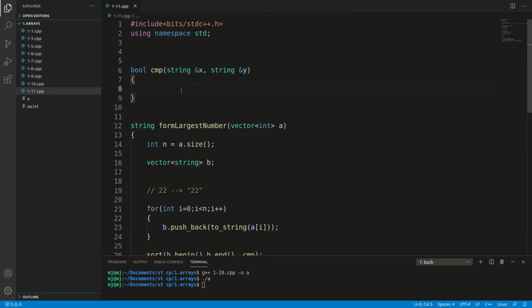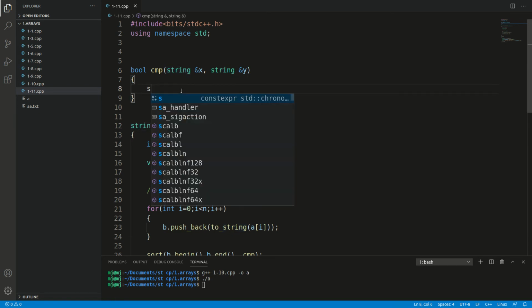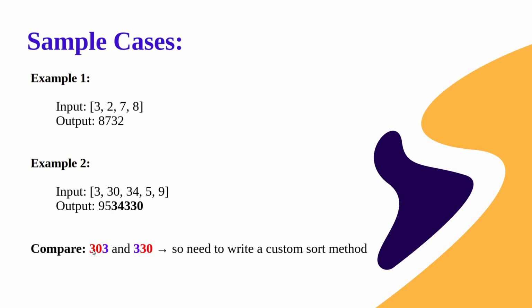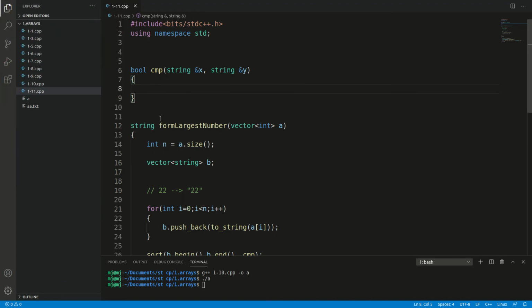And how do we perform sorting? We just compare. Now we need to decide whether we should output 303 or 330. If the first string is 30 and the second string is 3, do we need to append AB or do we need to append BA? We'll try both of these and return whichever is greatest. So we just create another string, suppose xy. What does xy tell? That x is first and then y.